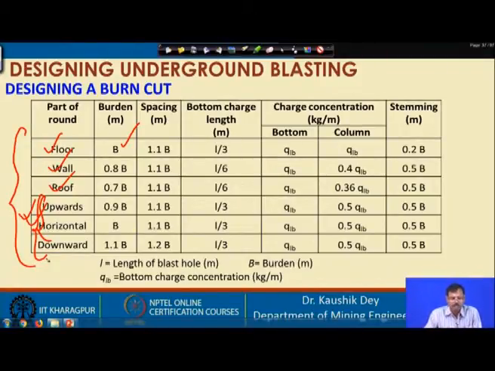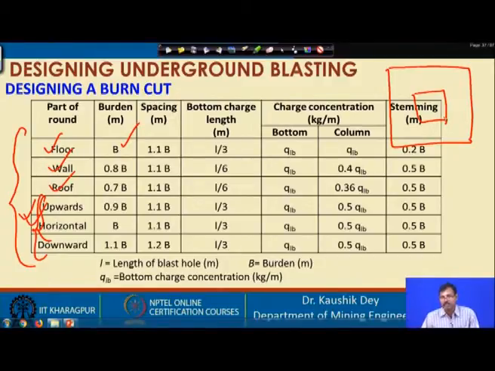The formula for floor hole, wall hole, roof hole and the stopping holes upward, horizontal, downward in these 3 conditions remains the same for the wedge cut and burn cut, because if this is the opening, this is the cut area, whether we are achieving the cut area either by burn cut or by wedge cut, it does not matter.